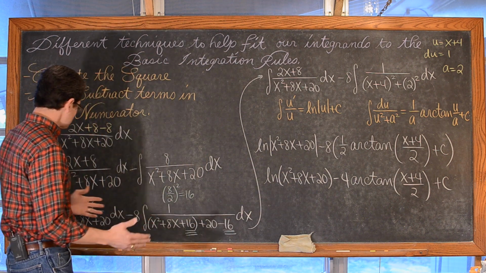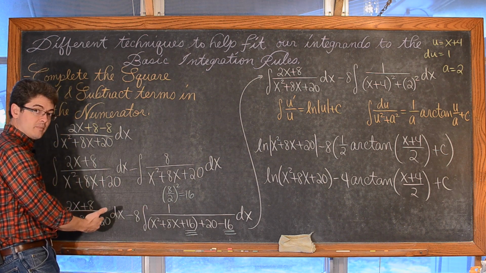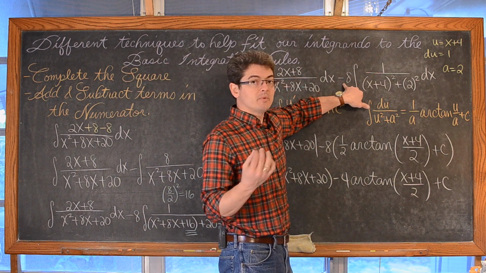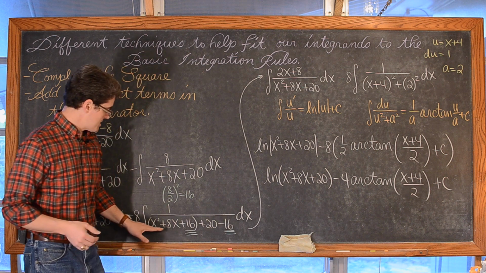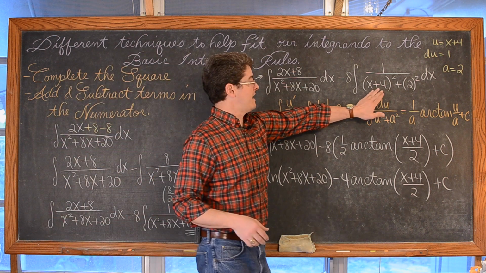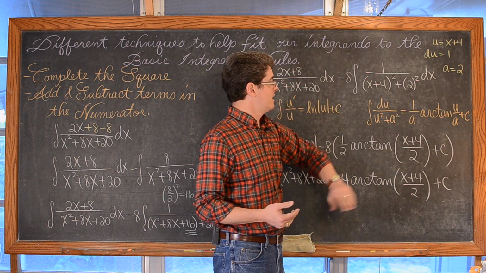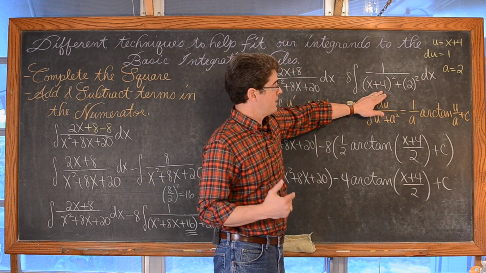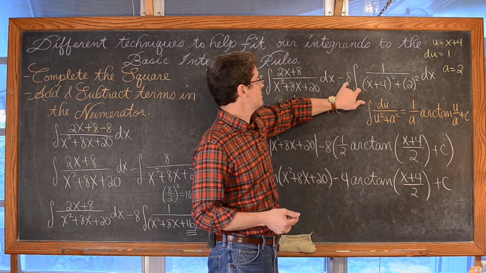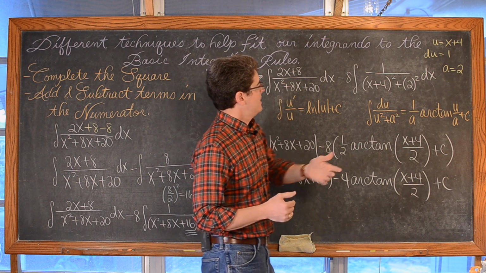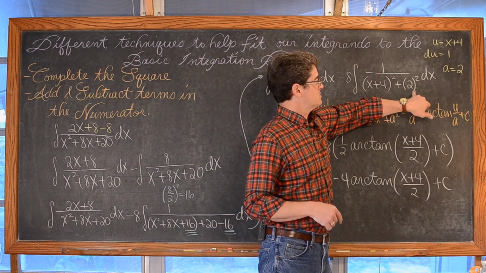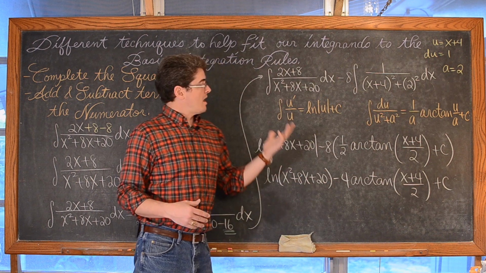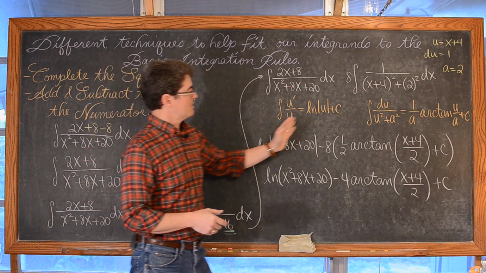Now, again, I have my one integral that's really basically already set up to go. Still manipulating the second one. I went ahead and pulled that 8 out front because now that I have this x squared plus 8x plus 16 written in factored form, and it's x plus 4 squared, and again I wrote those integration rules up here that we're using, I can see that my u is x plus 4, and du, the derivative of that, is just going to be 1. So I want to move that 8 completely out front. And then our a is a constant and it's squared, so instead of writing 4, it's better to see it as 2 squared.